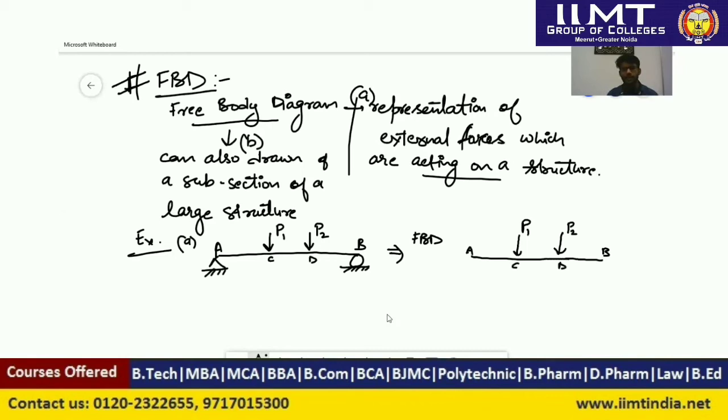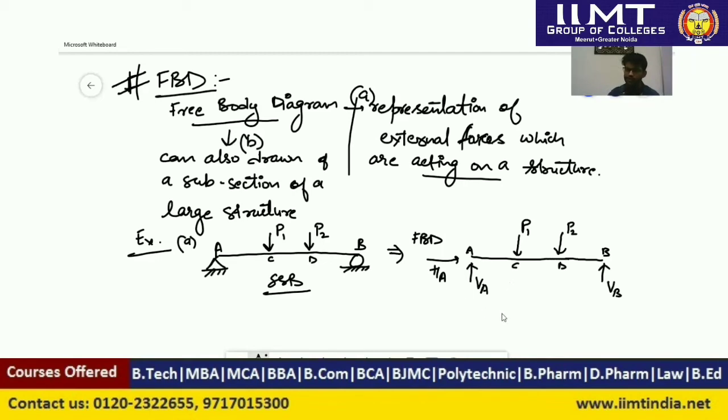Now the next step is that we have to draw the support reactions which are acting on a particular support. Suppose, as can be seen here, support A is a hinge support and support B is a roller support. So the reactions which act on a hinge support are a vertical force and a horizontal force, whereas the support reaction which acts on a roller support is only one, which is VB. So we have vertical force at A and vertical force at B, and this is HA, the horizontal force at A.